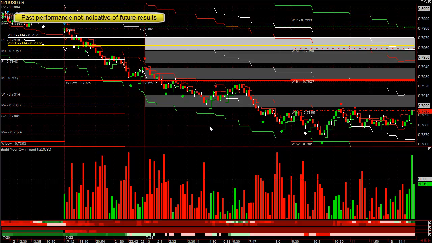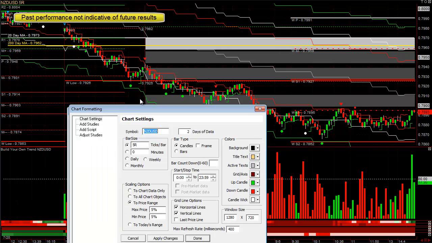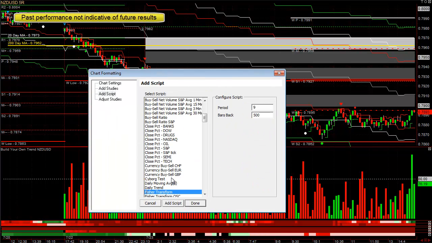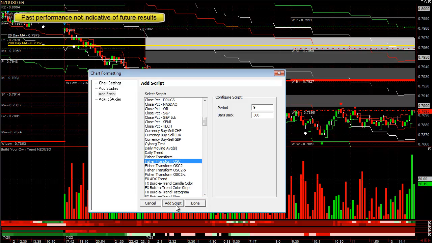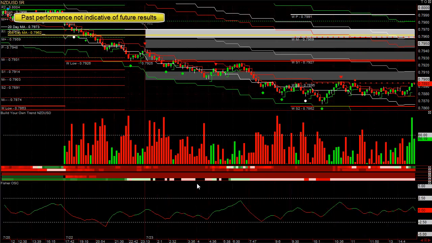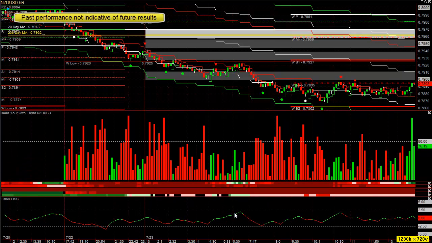And let's put the Fisher transform on this oscillator just so you can see what a decent sized pullback is. So this one was pretty close to that level, and it's also right near the previous week's low. When the price breaks from above to below the previous week's low, it tends to be a good place to get into a trend when it pulls back and touches it. A support area, once broken, tends to become resistance. You can see it acted as resistance here and here